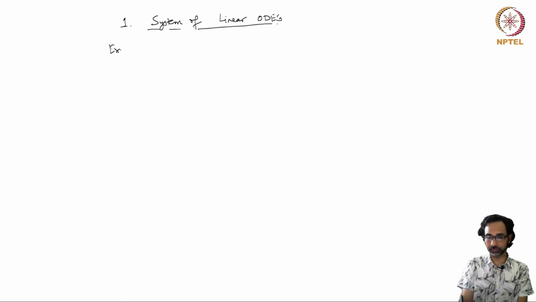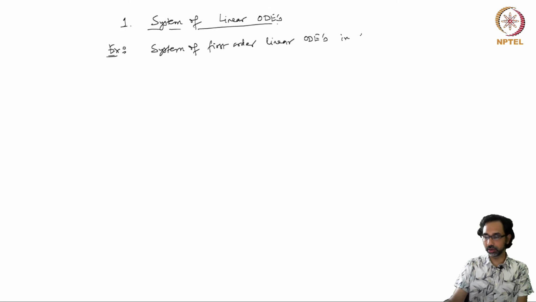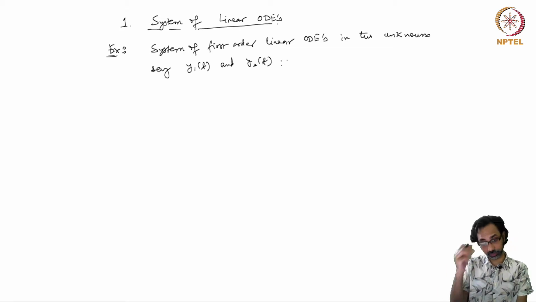An example of a system of first order linear ordinary differential equations in two unknowns, say y1(t) and y2(t). So we have two functions y1(t) and y2(t) which we have to find out, and these